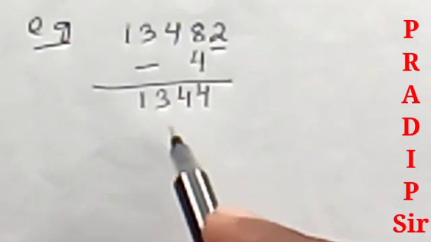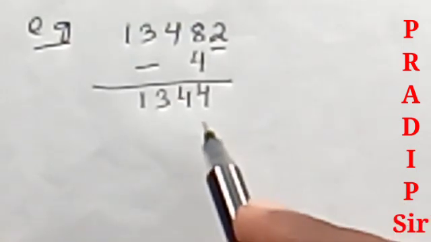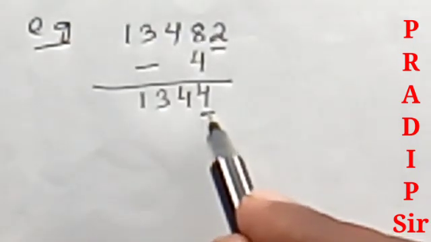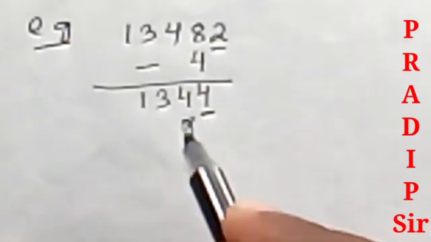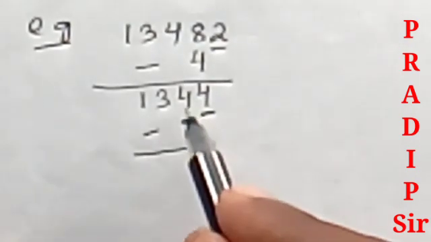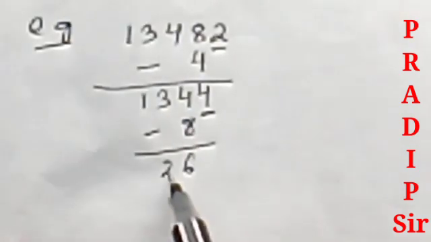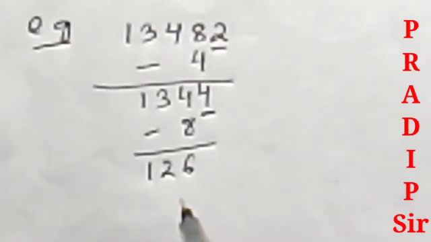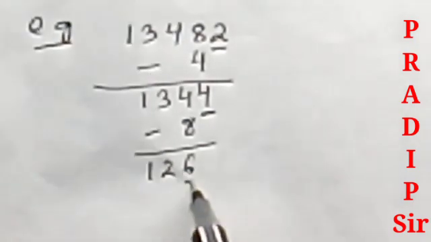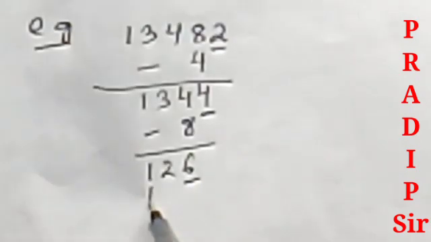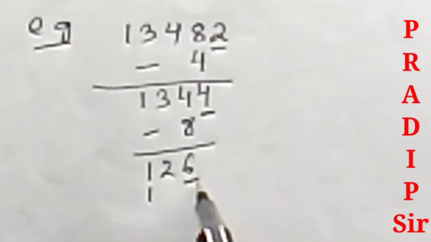Now remains 1 3 4 4, and the digit in the units place is 4. We have to subtract the double of 4. Twice of 4 is 8. So subtract here 8. If we subtract, we borrow 1 here, 14. 14 minus 8 is 6, and here is 1 3, giving 1 3 6. Again repeat the same process. Here 6 is in the units place. We have to take twice of this digit 6, and twice of digit 6 is 12. Subtract the twice of this digit 6 from the rest of the number.